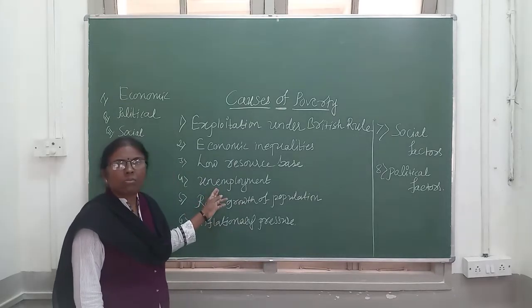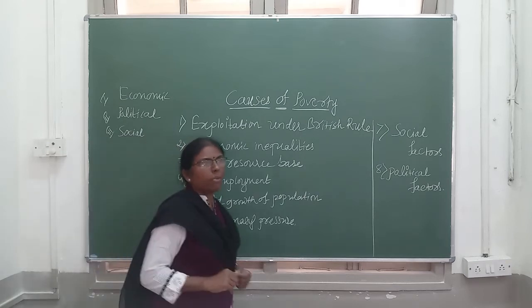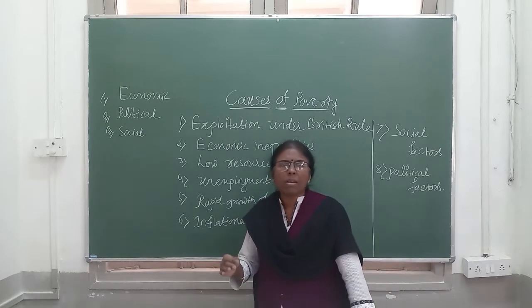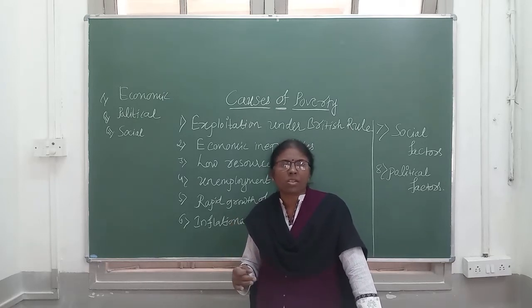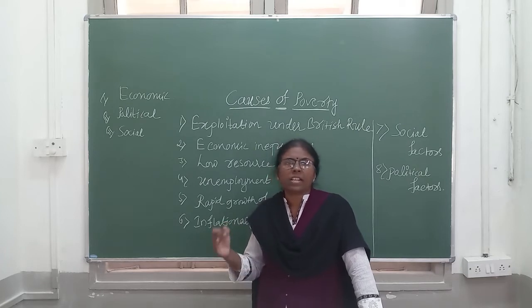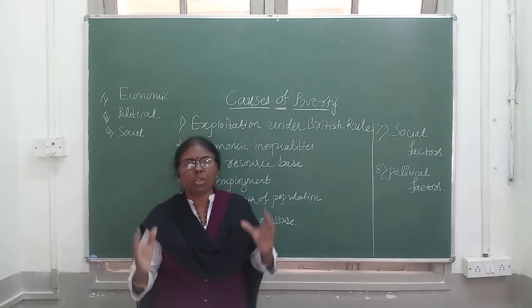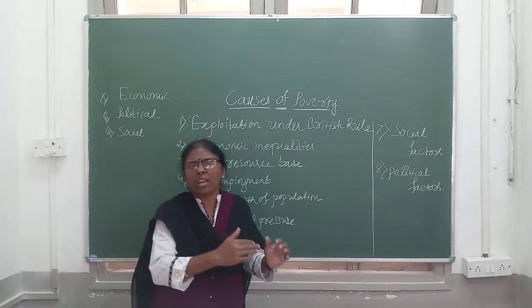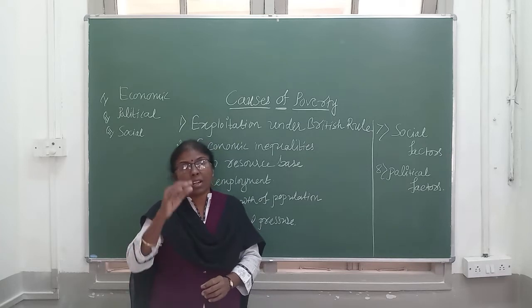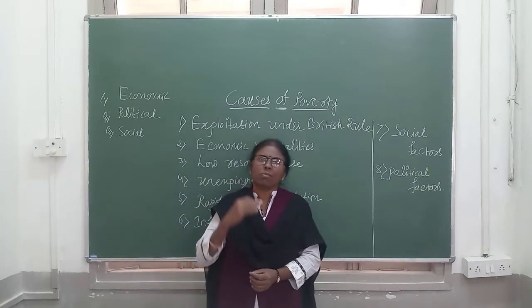And then the fourth one. Come to the fourth important cause that is responsible for poverty: unemployment. Yes, my dear students, unemployment is chronic in India. What is this unemployment? It is a situation in which able-bodied persons are unable to get job opportunities at the current rate of wages. Even though we are able to work, even though we are eligible to work, there is no job opportunity to work. So this is called unemployment. And my dear students, the percentage of unemployment is more in India.